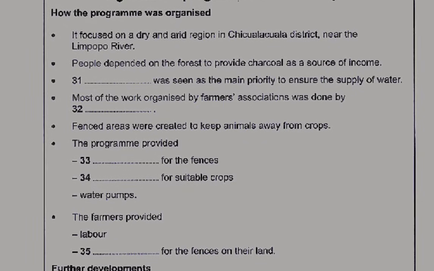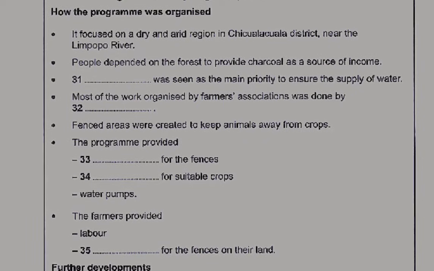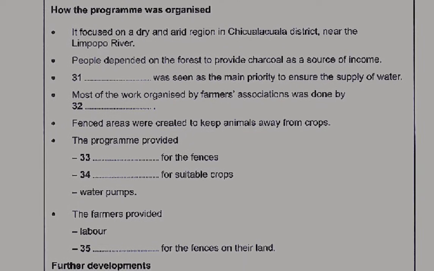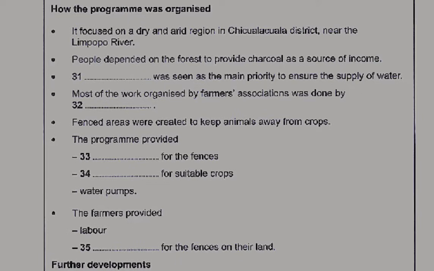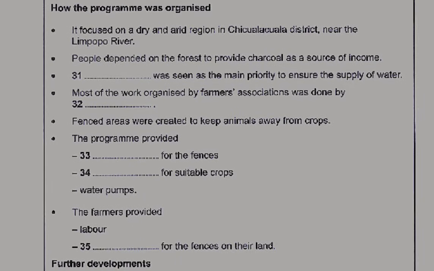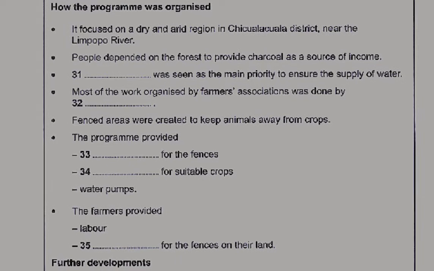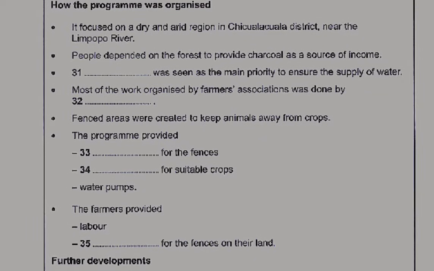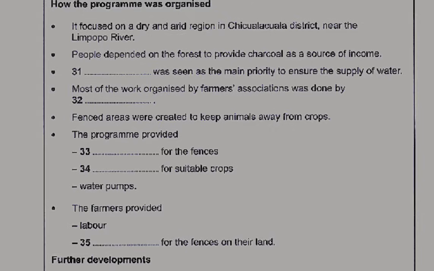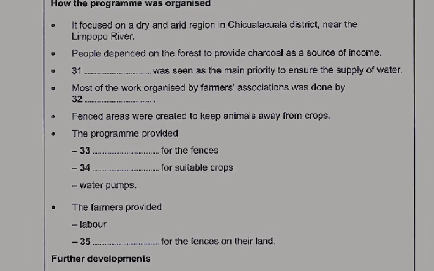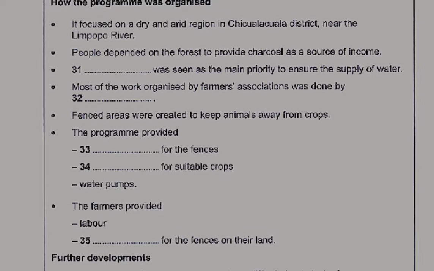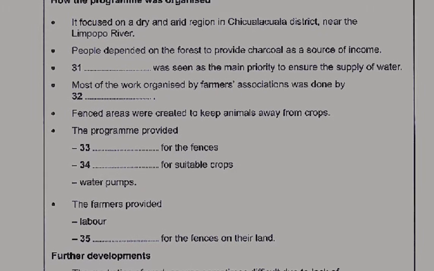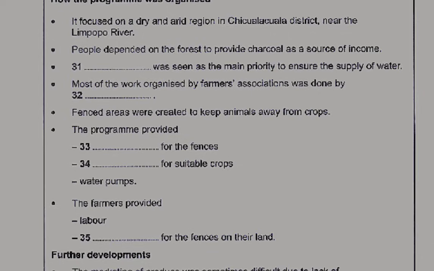To support agriculture in this dry region, the program focused primarily on making use of existing water resources from the Limpopo River by setting up systems of irrigation, which would provide a dependable water supply for crops and animals. The program worked closely with the district government in order to find the best way of implementing this.